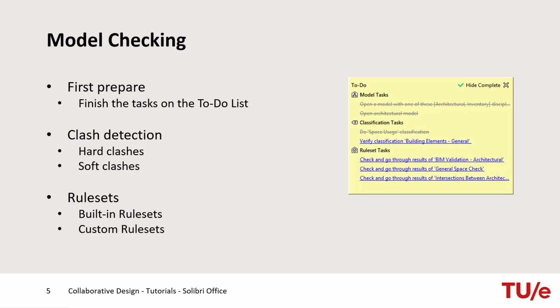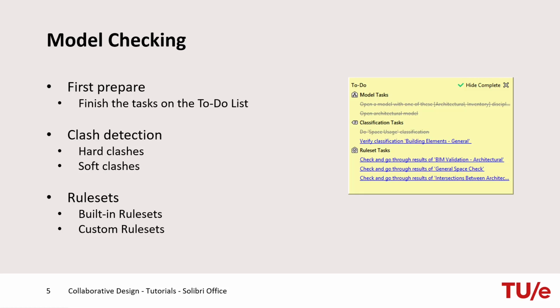When talking about clashes, we commonly think of two components occupying the same space. These are often referred to as a hard clash, for example, a column running through a wall or pipework through a steel beam. But in addition to hard clashes, Solibri also has the ability to find soft clashes. A soft clash occurs when an element isn't given the spatial or geometric tolerances it requires, or its buffer zone is breached. Solibri can, for example, check whether a bathroom has the required turning circle of 1.5 meters diameter for a wheelchair.